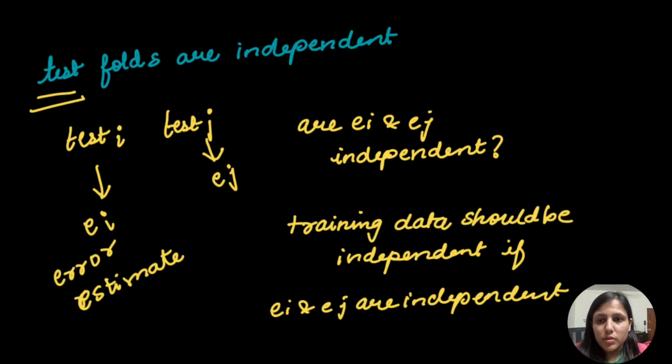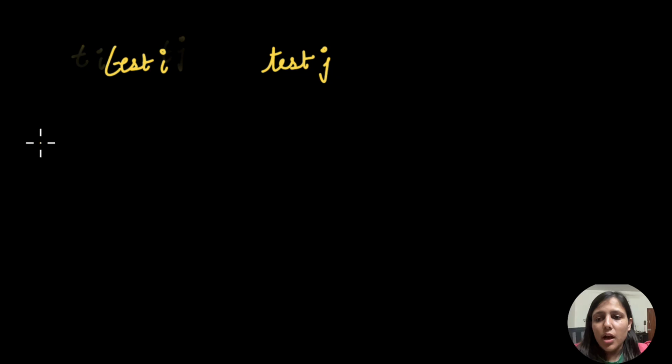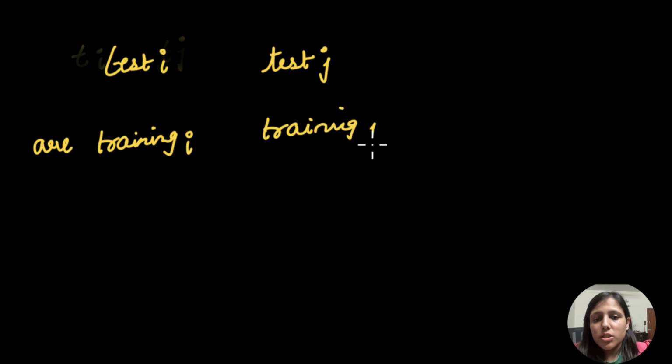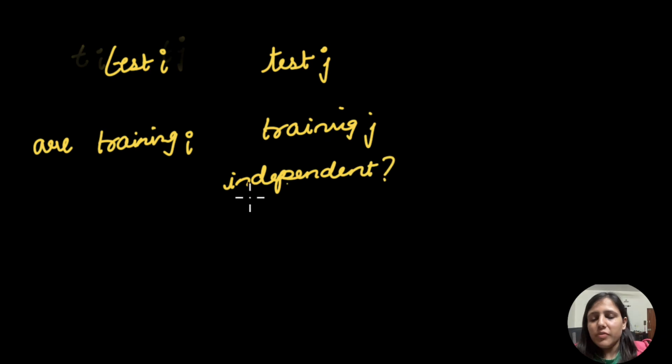For test fold I and test fold J, we should really be asking, are training I and training J independent? We know this, right? They are not, because